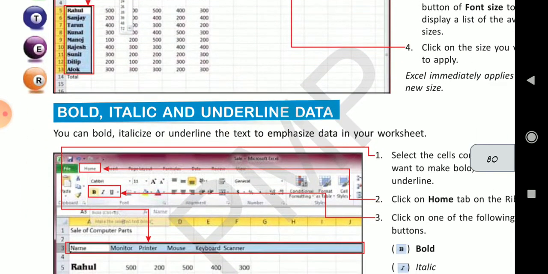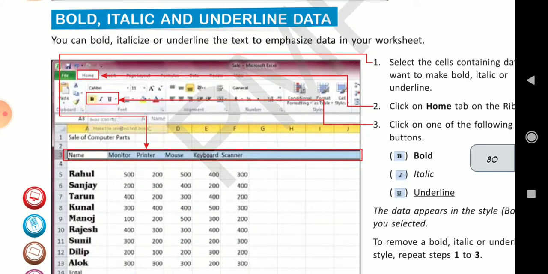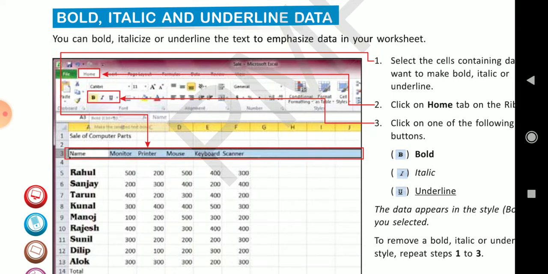Bold, italic, underline. You can also make your data bold, italicized, and underline some important data. For that, you have to use bold, italic, and underline.